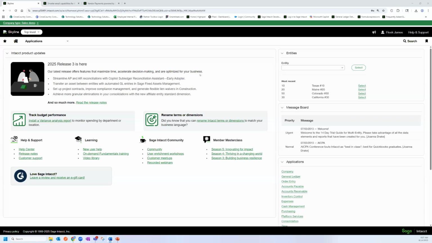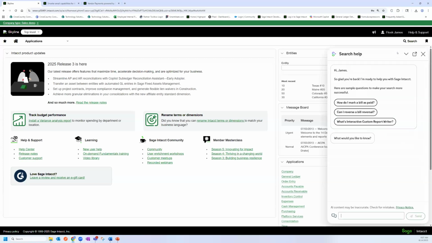The first new feature I want to share with you is Sage Copilot, which is a new search help option that Intacct added this last release. This has been rolled out in phases and it should be generally available now. This is helpful if you're trying to troubleshoot any error message or to look up something around product functionality. To access the new Sage Copilot search help, you'll want to just select the search help and support option on the top right-hand corner from any page in the system, and you'll see this search help option within the menu. Go ahead and click that, and it'll bring up this